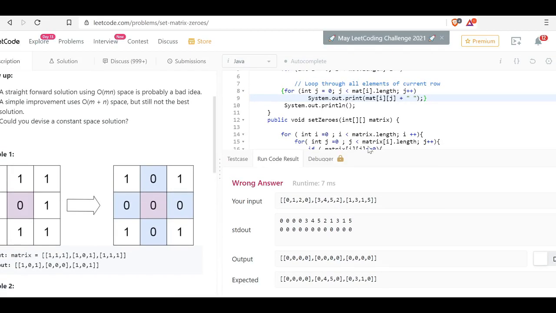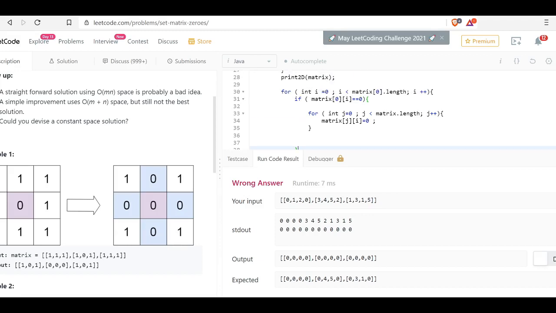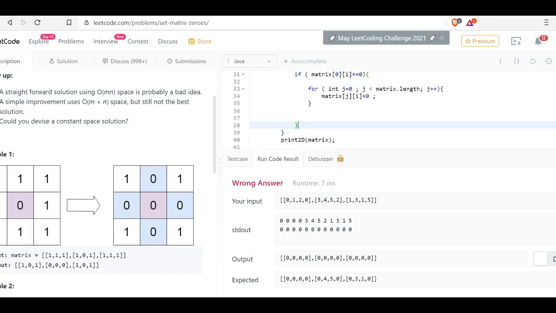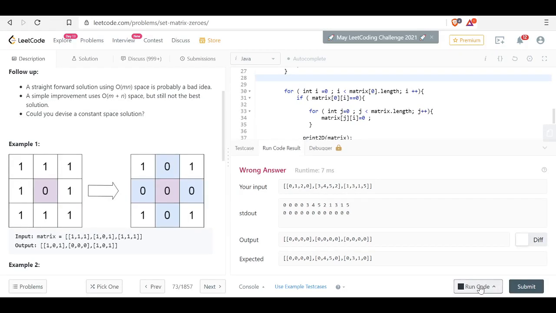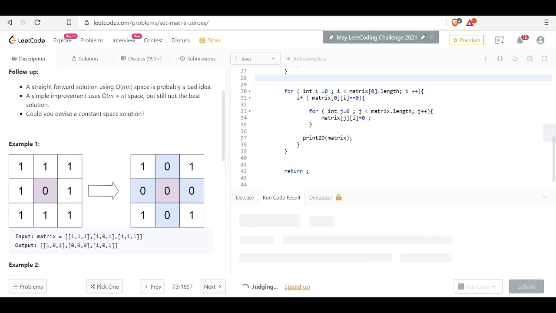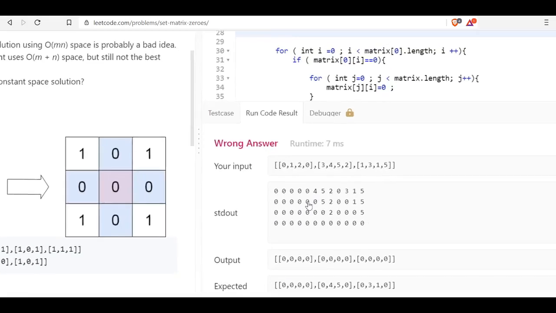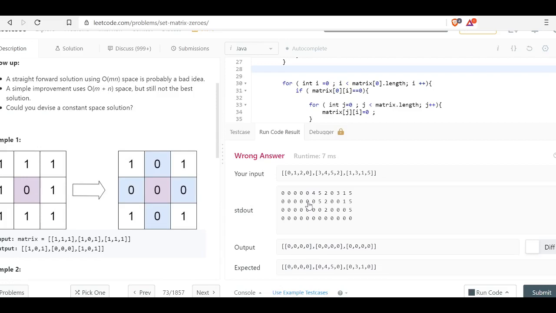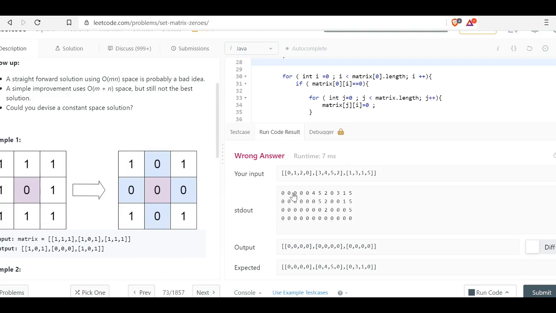Okay, it seems fine. The first step did this.